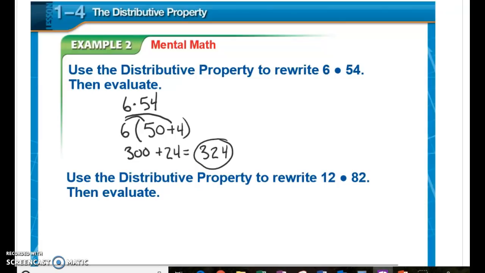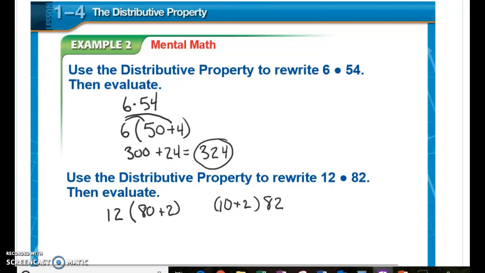Alright, so that's one example for that one. We're going to do this one a little bit backwards. So 82, well, we could do it this way. We'll do 12 times 80 plus 2. So that's a little bit bigger of a problem. You can kind of decide which way you want to go. There's either that way, or we can break this down this way. 10 plus 2 times 82. So you can decide which way really makes sense, because the first one you have 12 times 80,